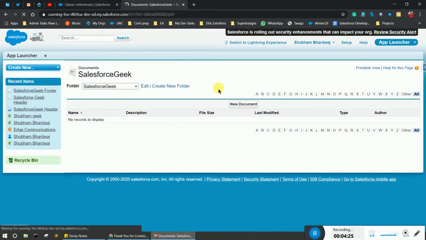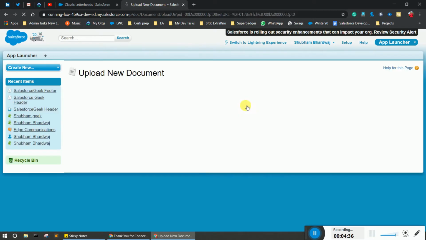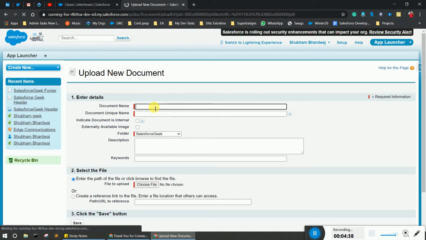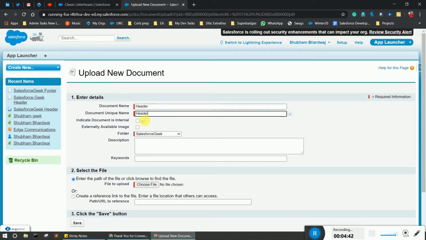Now I am going to upload some documents, which are the header and footer for my letterhead. So I click on new document. Here I have to type the document name, let's say header, and as you see there is an option like Externally Available Image. If you want to use this image externally, you have to click on this checkbox.